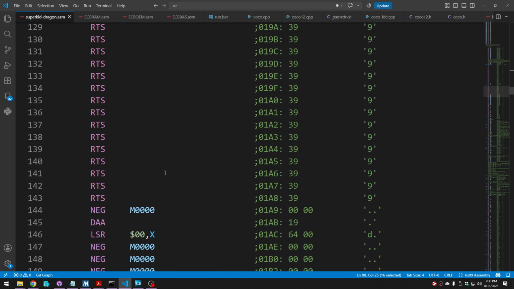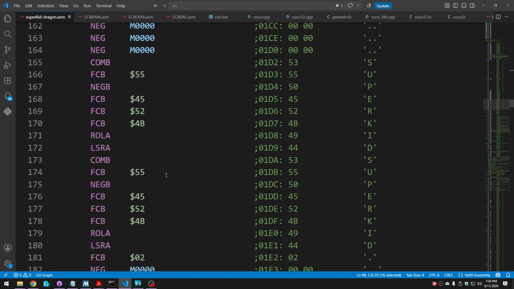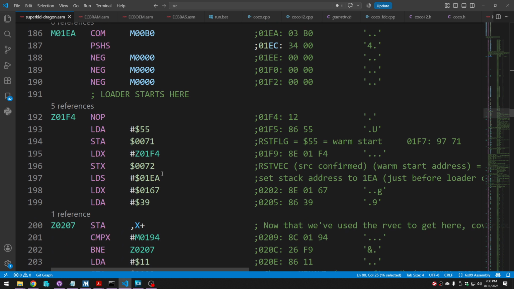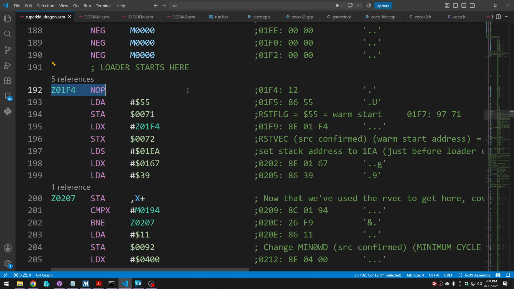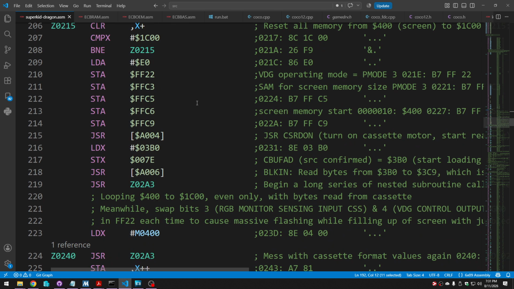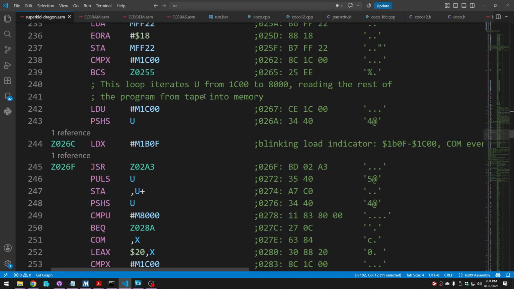And where exactly is 1F4 jumping to? The very beginning of the actual loader code. So this is the code responsible for taking those later data blocks that were recorded at a pitch that was a bit too high and reading all of them in and then executing the code once they're read. We'll return back to this code to see exactly how it's working, but just to give you an overview,